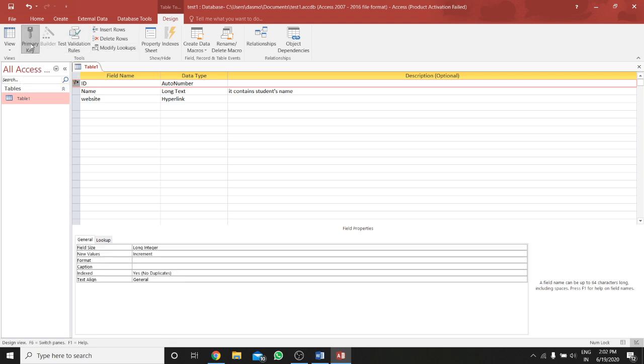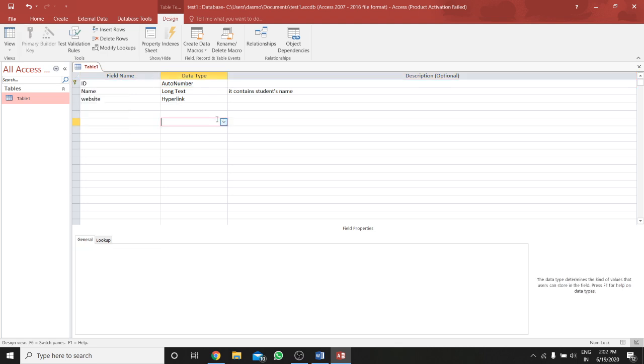I have clicked on Primary Key. Now my ID will become the primary key. So this is the way you can set the primary key. Or another way is, when you select the field and right click, it shows the option Primary Key.